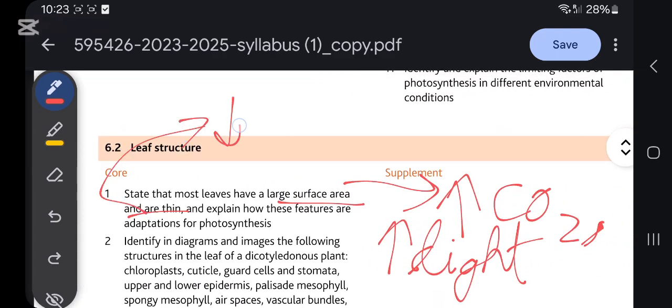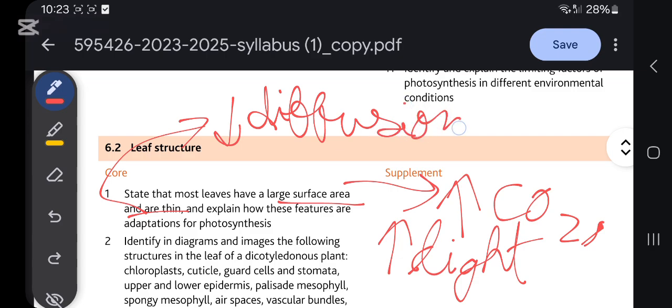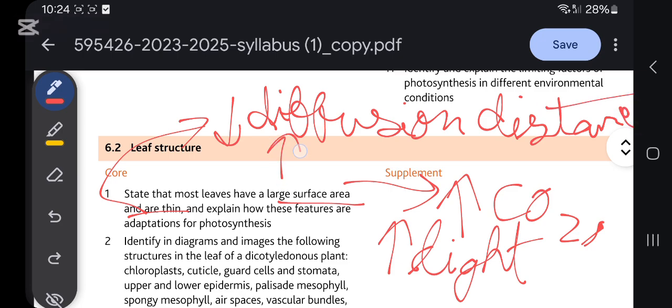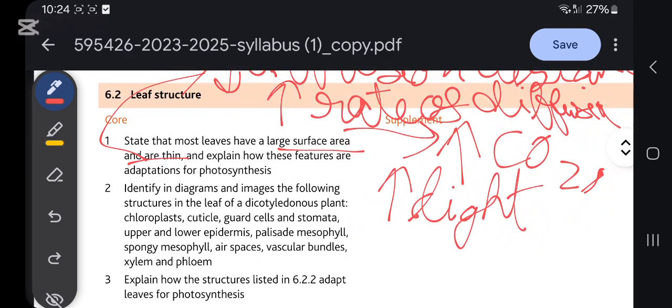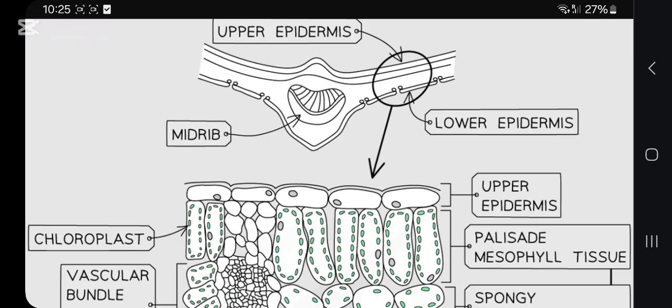Thin means decreased diffusion distance, so diffusion will happen faster. The decreased diffusion distance means an increased rate of diffusion, so carbon dioxide can reach the leaves faster. Okay, so this is the structure of the leaf: the upper epidermis,